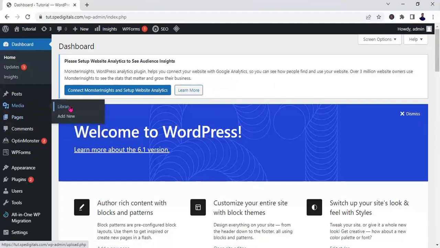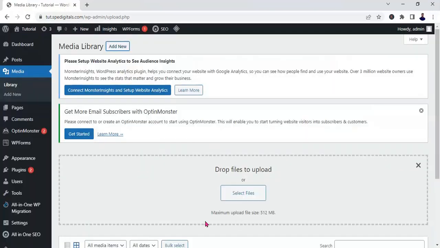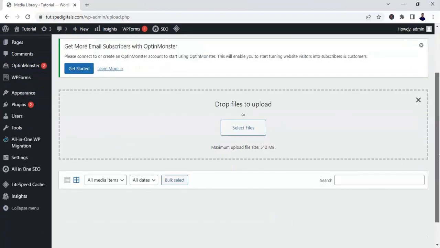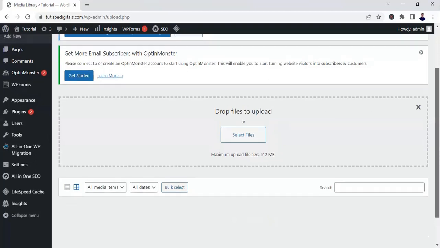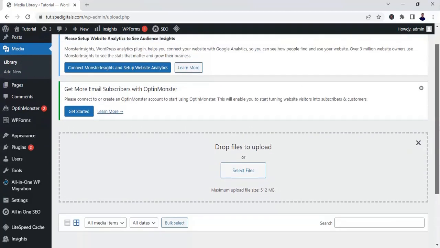Let's go to library and see if we can access the size. It usually comes with 512. Now see, the maximum upload size is 512 megabytes. This is the size of data or files that you can upload to